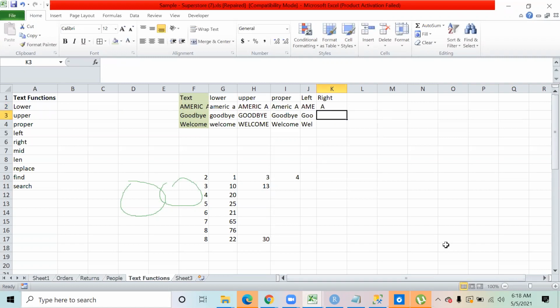You see it gives space, space, A. So we paste it down. It extracts 3 characters from the right hand side: OME, BYE.